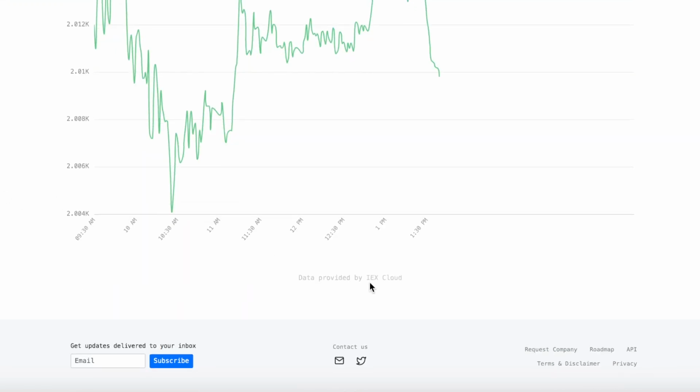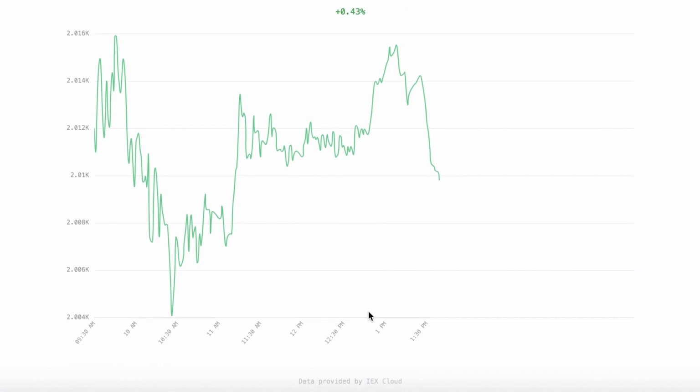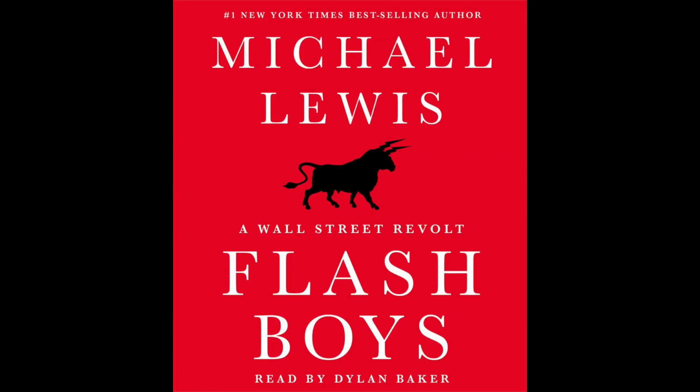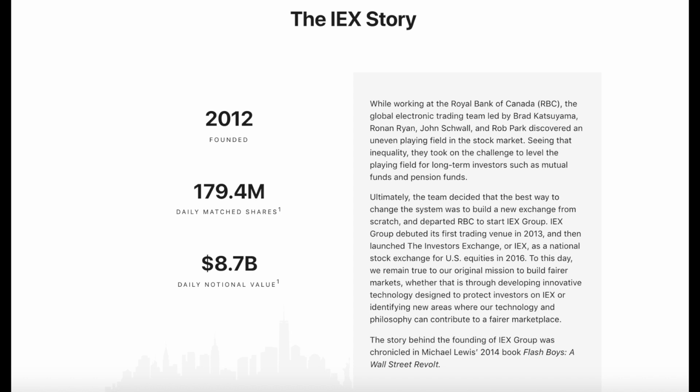And we've actually been using, it says here in the bottom, the IEX Cloud. IEX is a new exchange based in New York City. You may have heard of it from the book Flash Boys, written by Michael Lewis. It was started by an RBC trader who wanted to make fairer financial markets, not have market makers front running trades, essentially going against that whole flash trading, hedge fund, high frequency trading momentum that was basically screwing retail